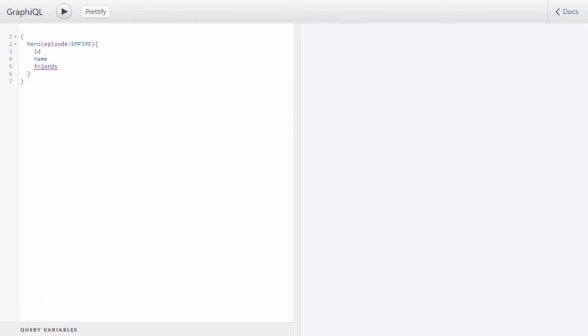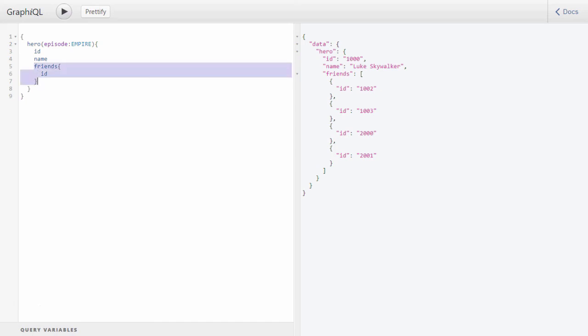Friends has got some fields of its own, so let's choose only ID for this example, and now execute the query. So everything is working fine for the time being, since we have not asked for anything that is outside the scope of hero,